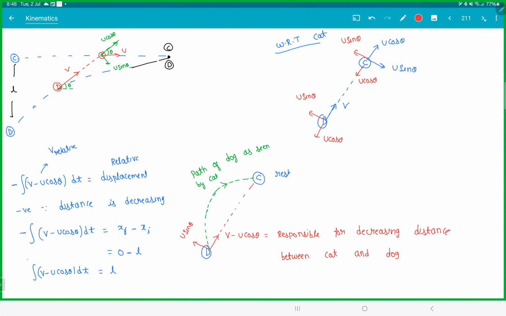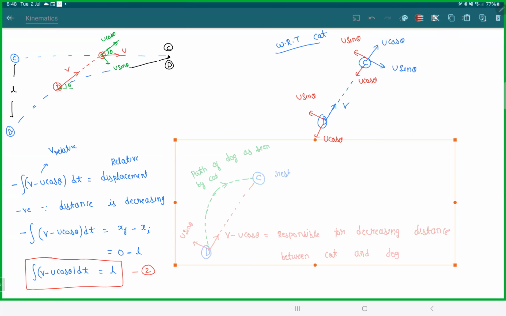This is your equation 2. Please have a look at this. So you stop the cat at a given angle, somewhere in the middle of the problem, you stop the cat at angle theta. The cat will think the dog is coming like this at a curve. That is fine, but what I'm more interested is